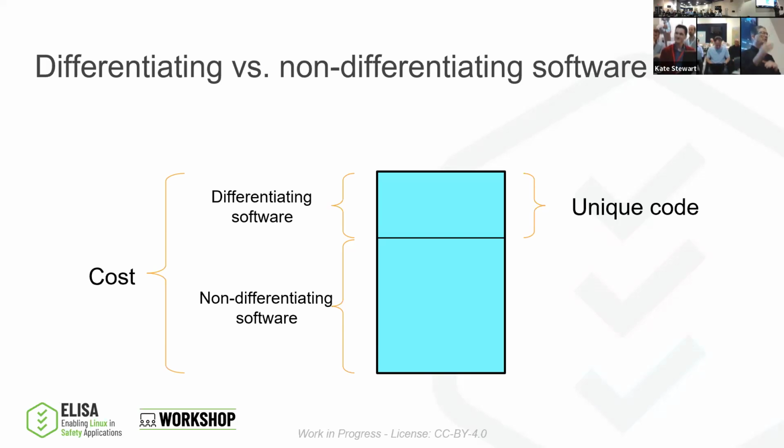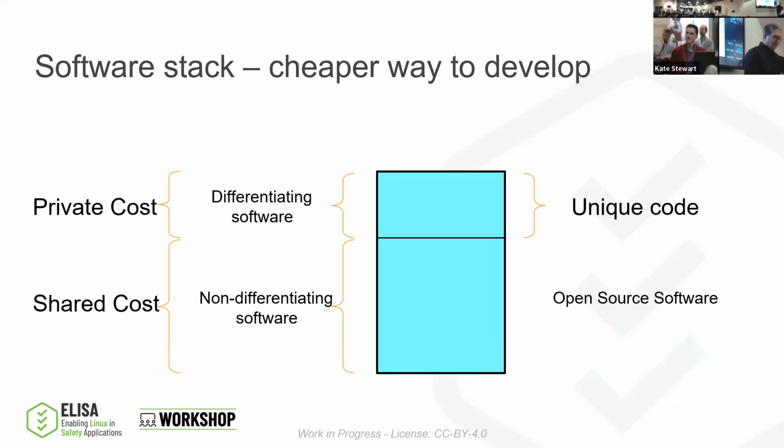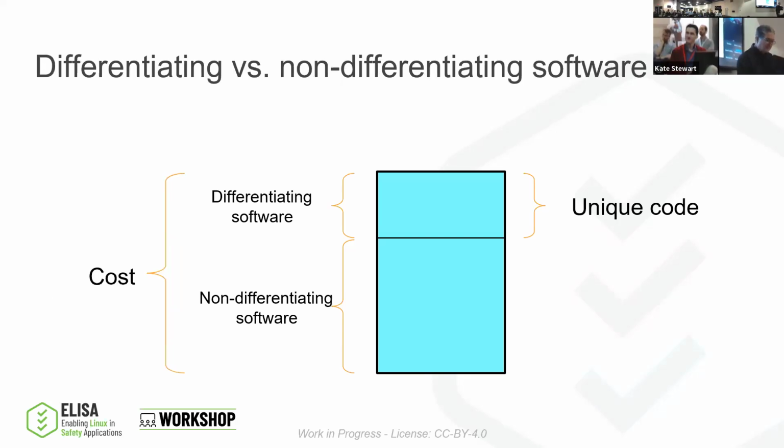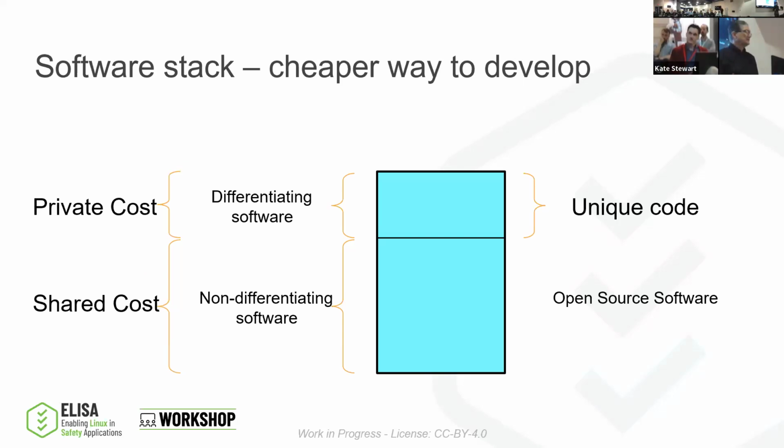If you've got the board support package for a Raspberry Pi, that is going to be the same for everyone that's using a Raspberry Pi. And so in terms of cost, if you're developing the entire stack, both the non-differentiating portion and the differentiating portion, that is very expensive, right? You're doing everything soup to nuts. It's much less expensive to share the cost of that non-differentiating software with the open source community, even